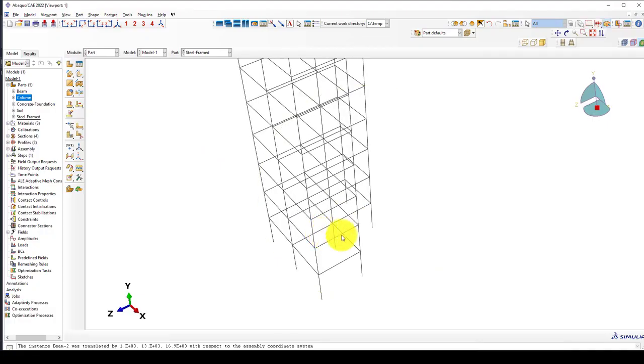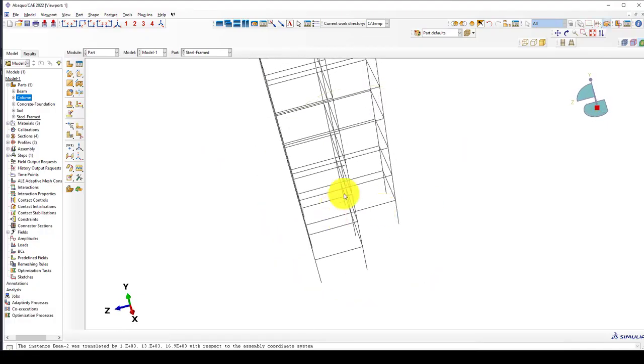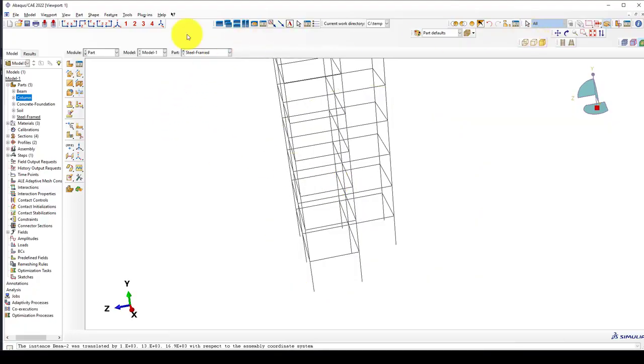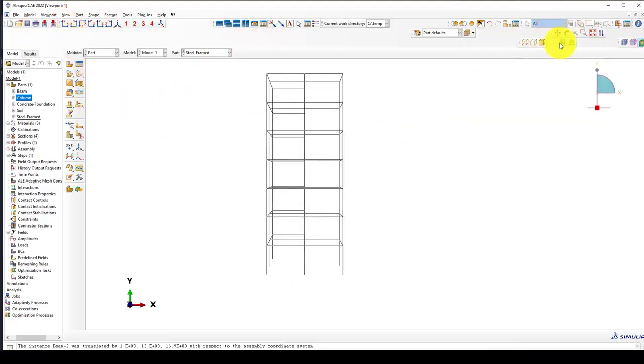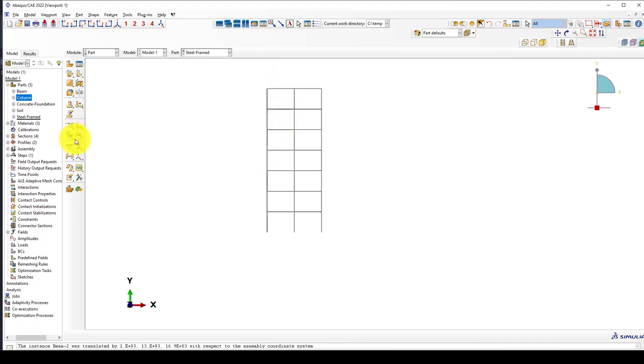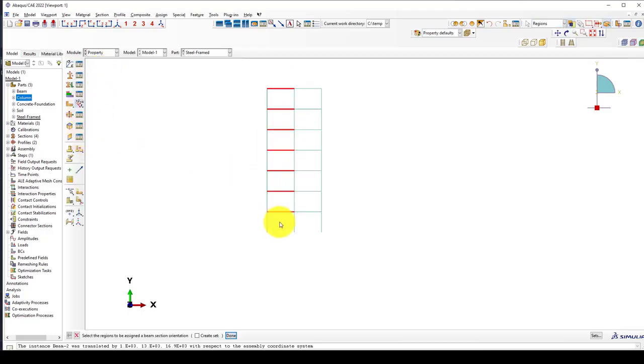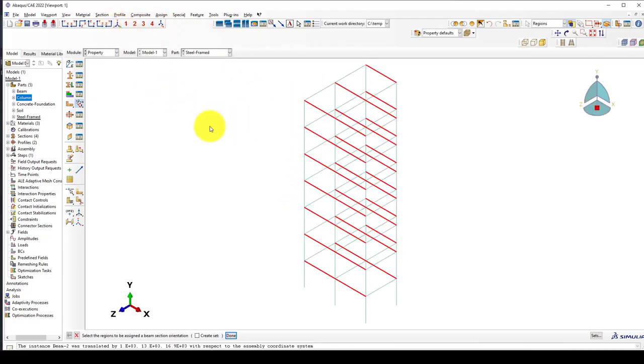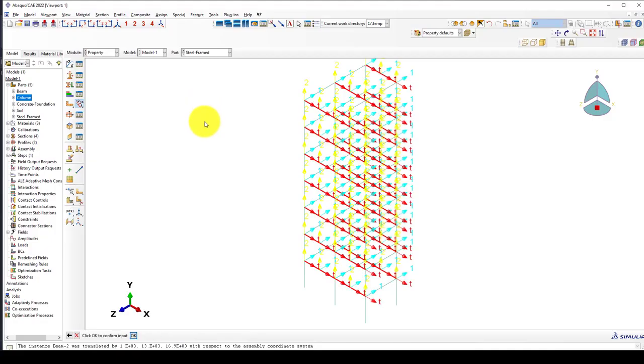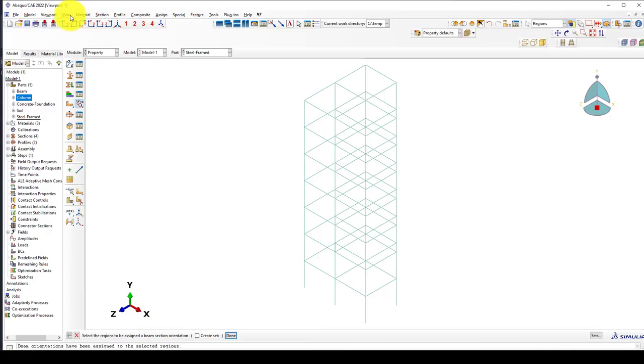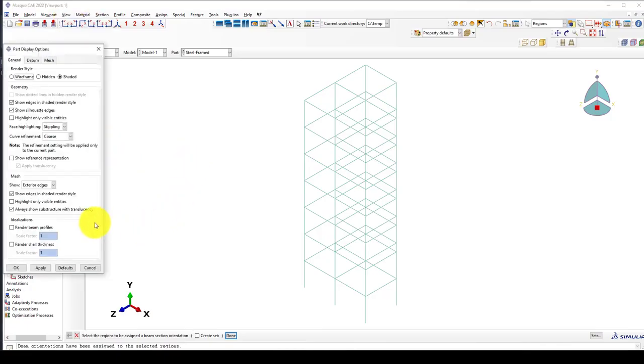So that means the structure is a moment resisting frame. And now I want to go to the geometry and selecting the orientation, sorry, in the properties, and going to orientation and selecting these beams, and I can go here, those beams. So we'll fix first. Let's give this one how it looks. Okay, then I'm going to view part display option